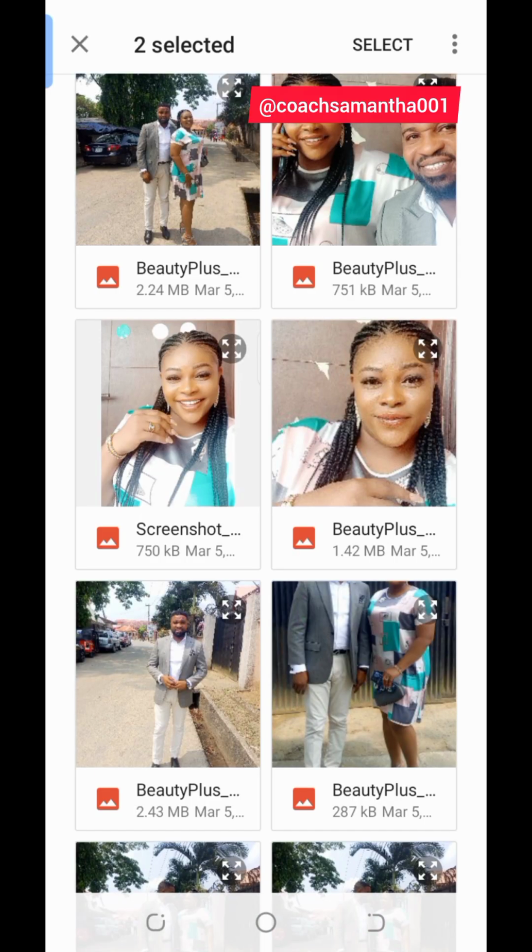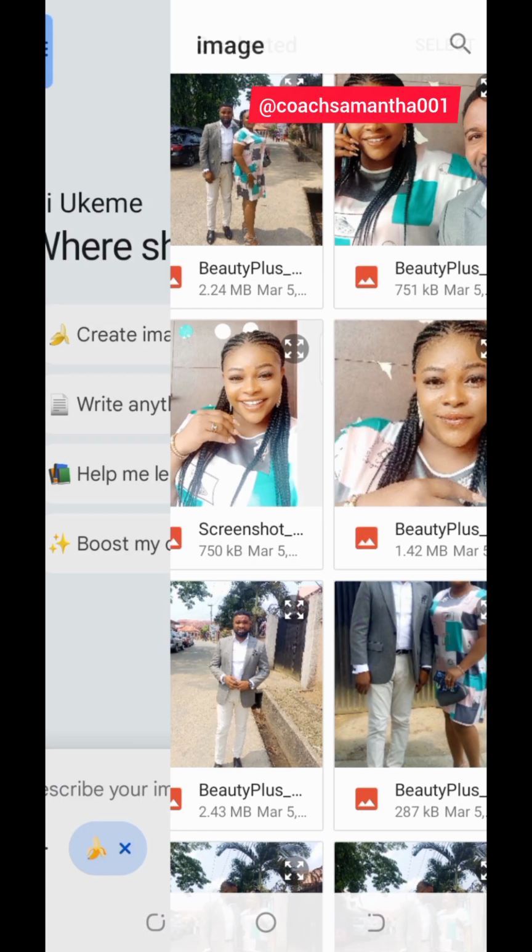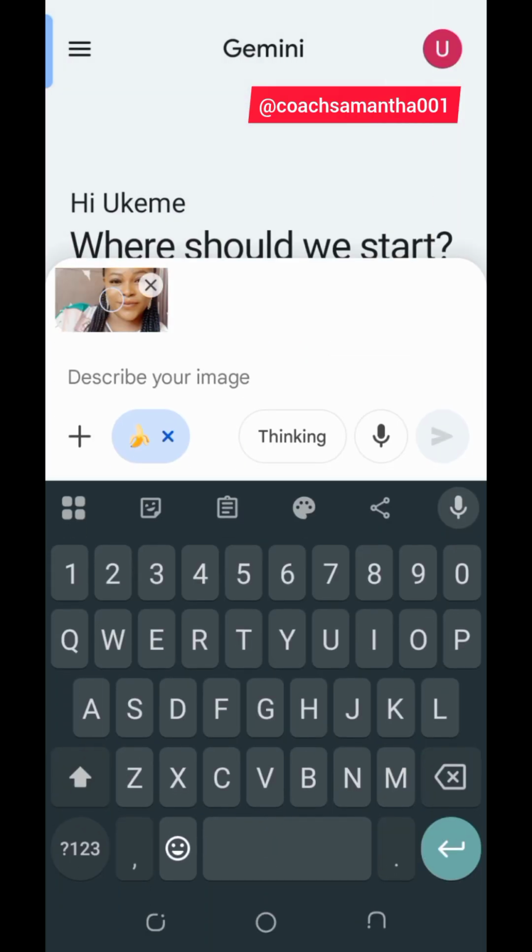Okay, so I'm going to hope that this particular picture of mine shows my face very clearly. So I'll go ahead and select it and then click on select. Okay, so I have selected the picture and then I'm about to describe what I want. So you can actually say you want to see yourself in an office setting, and then you're gonna tell Gemini that